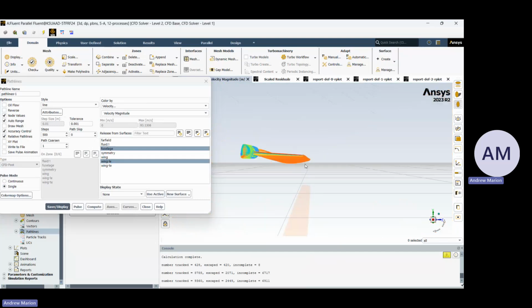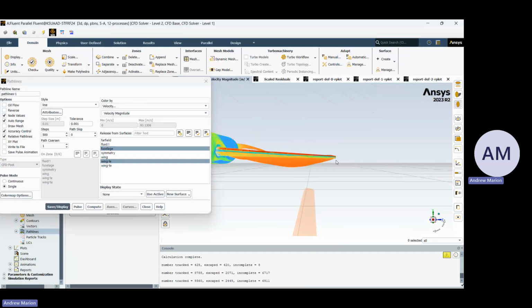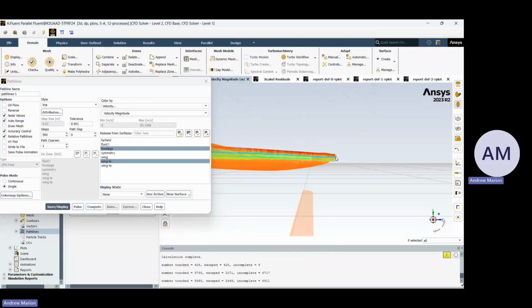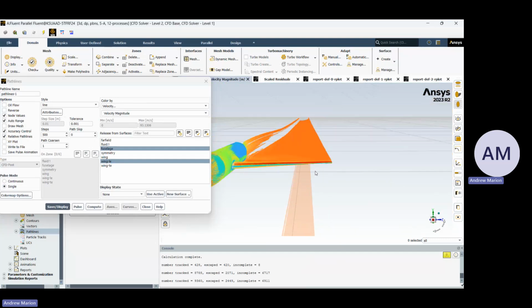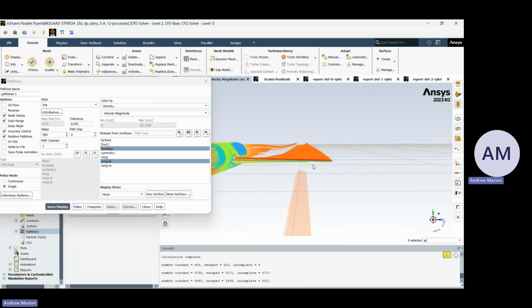Jesus. You can see, yeah, here, and you can even see a small vortice. It's tiny, but it's hard to see. I hate Ansys. Like Andrew said, the wingtip vortices for this aircraft are going to be kind of small because it's not that big of an aircraft and we're running at zero angle of attack at kind of a slow speed. But if you see the wake of the wing though, you can see the